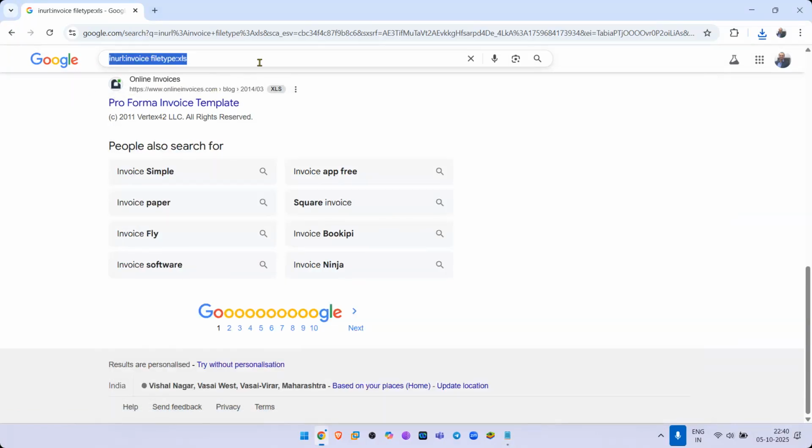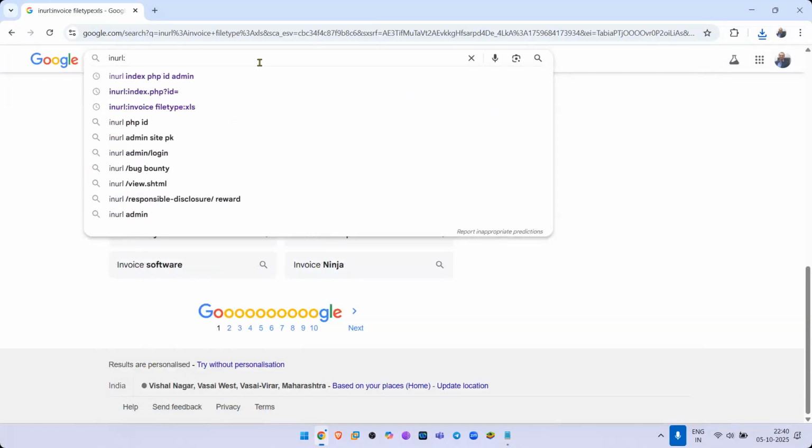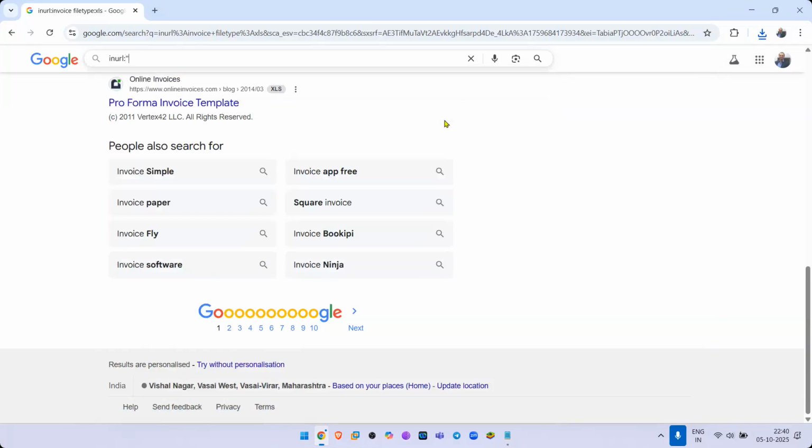Then what you can do is try in URL colon control slash user image dot html.